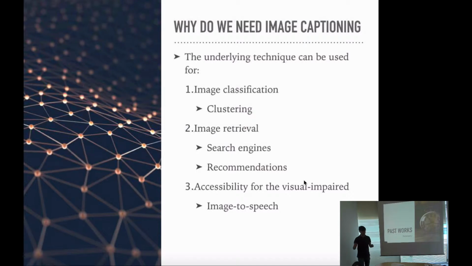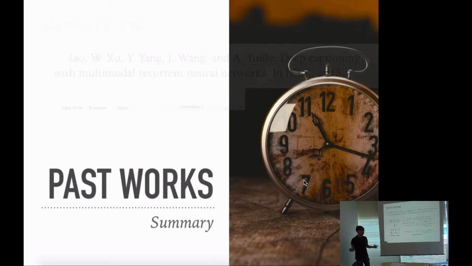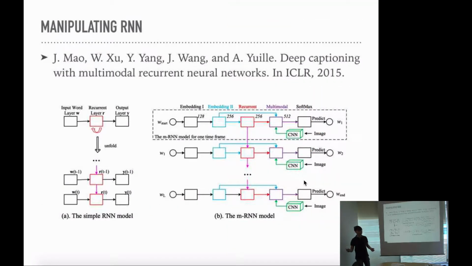So we'll talk about a summary of past works. This is not going to be long, but a very short one. In the past, there have been many works that manipulate the RNN. And one of these works is the deep captioning with multimodal recurrent neural network. So we see here a simple RNN network, which should generate the caption. But what they have done is to include the context, which takes the output of the recurrent network and joins it with the embedding and also the image to give some context to output the sentence. So this is one of the many works which have been done to manipulate RNNs.